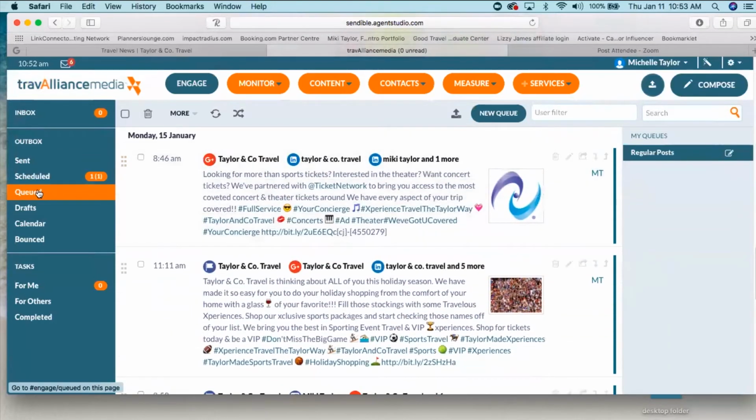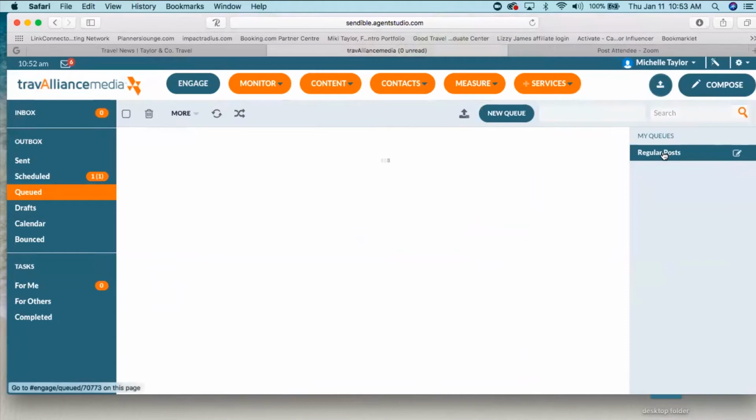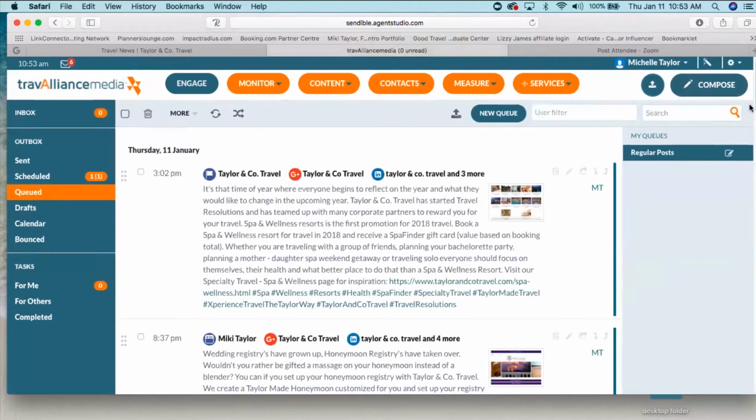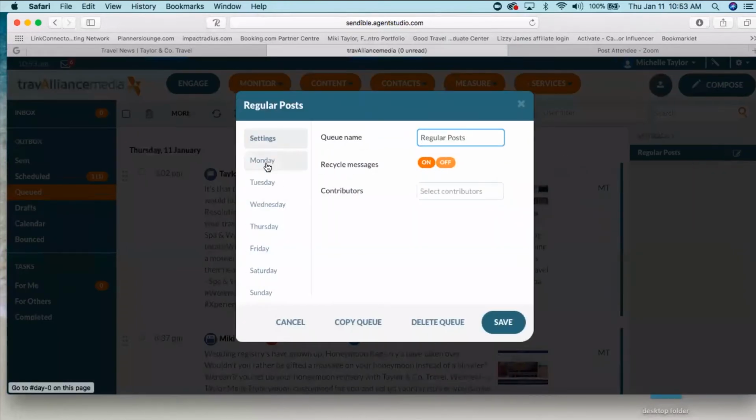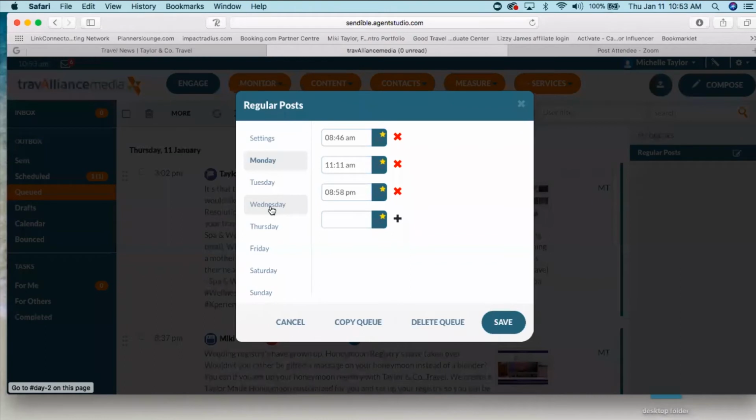But what it does, as many posts as you have in here, say there's 25 in here. If we go back to the queue, and I clicked the wrong button. If we click edit, we might have 25 posts set up, and we have 10 time slots, which there's more than 10 here, but for the sake of the webinar to explain what it does, it will post randomly. It will go through this list and post a different queued post in each one of these time slots.